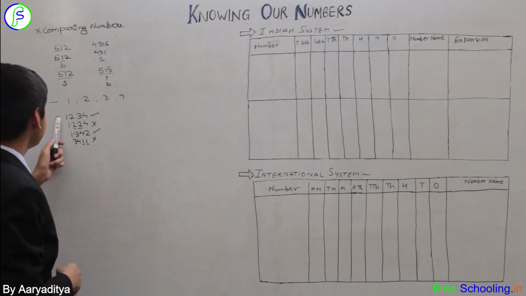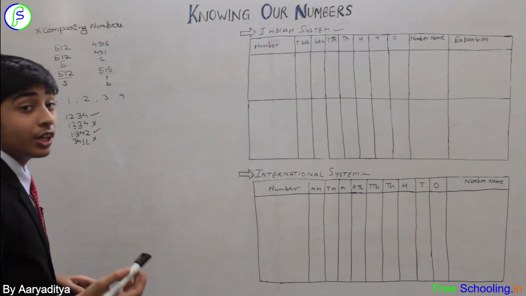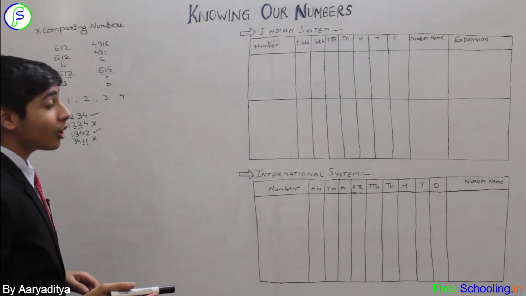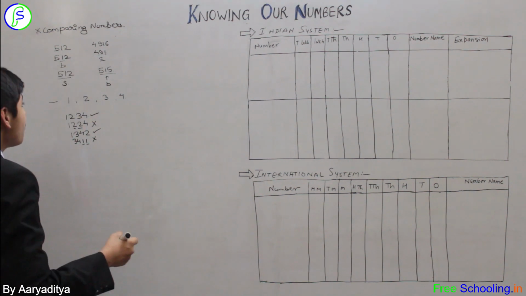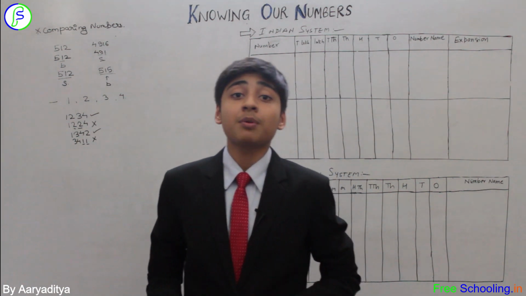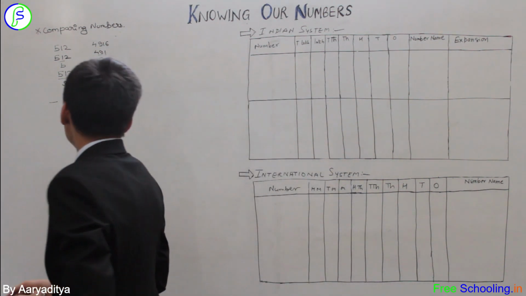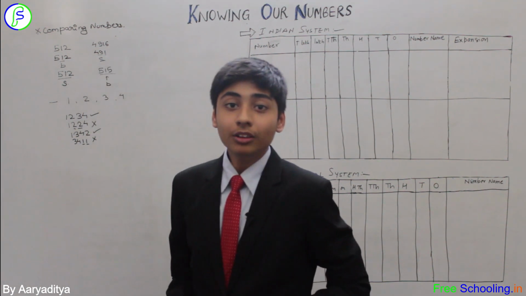So, as we can see here, we get to know that we can form 24 different numbers whose digits are not repeated and which are 4 digits. We can form 24 such numbers. Well, this is the concept of permutation and combination that you will be studying in higher classes. There is no need to worry about it.